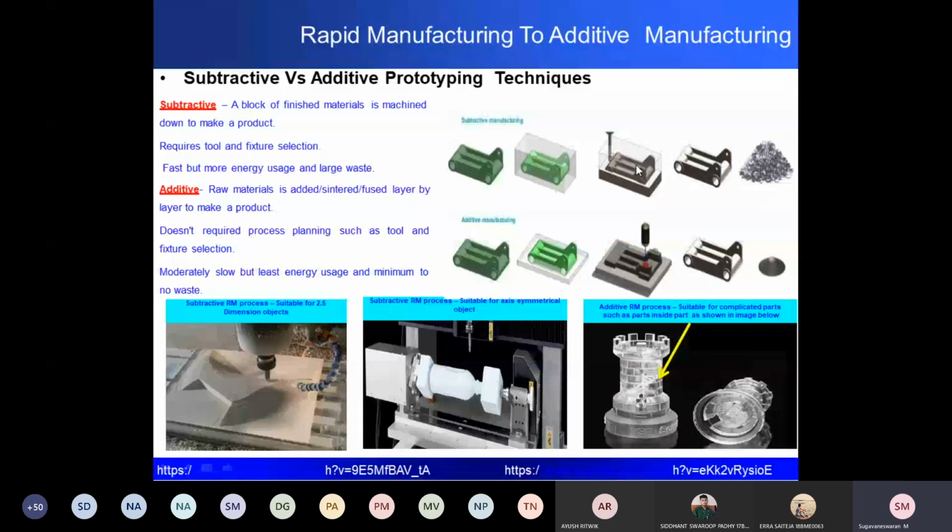In the other case, again, I'm using a CAD model, and based on the CAD model, my CNC programming is generated to remove material. So it is subtractive. So what is the disadvantage we have in subtractive? Subtractive depends on tool. If I change a design, I have to change a tool. If I change a material, I have to change the tool material. In the subtractive process, there will be a lot of wastage. The additive process doesn't have this, because wherever you require material, you add it. If there is a change in design, you only change the CAD model, and there is no tooling here, so it can be rapidly incorporated in manufacturing.